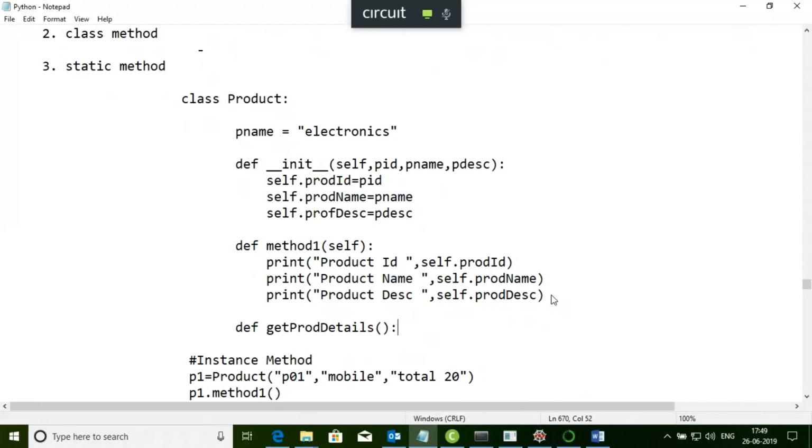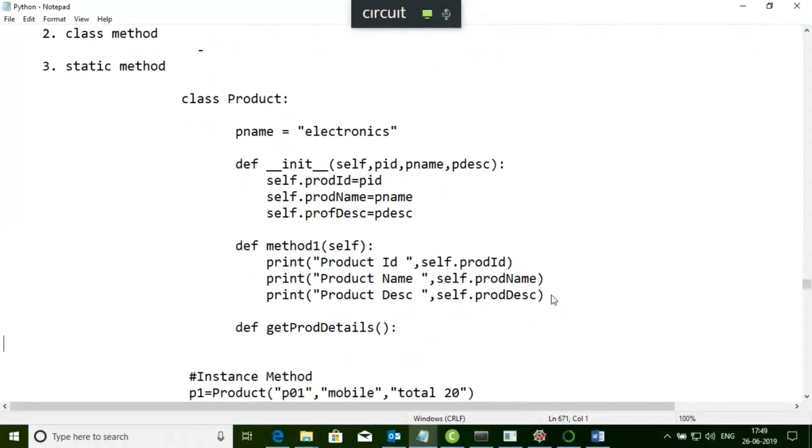This is colon. I'm now just printing, using printf, details like product name,